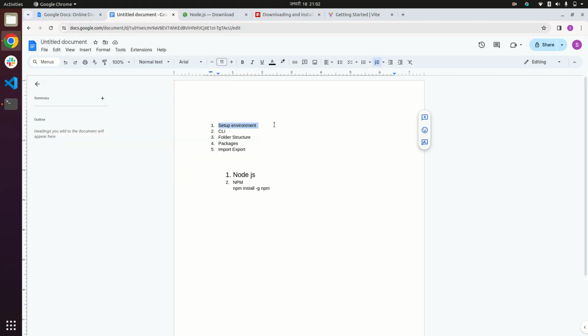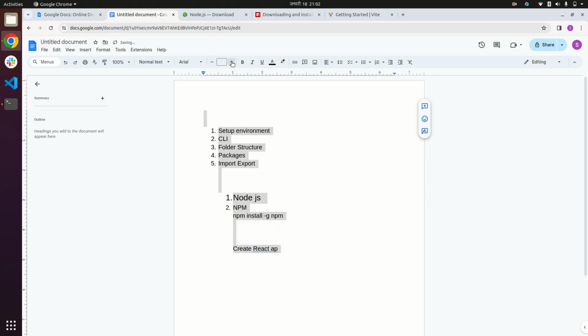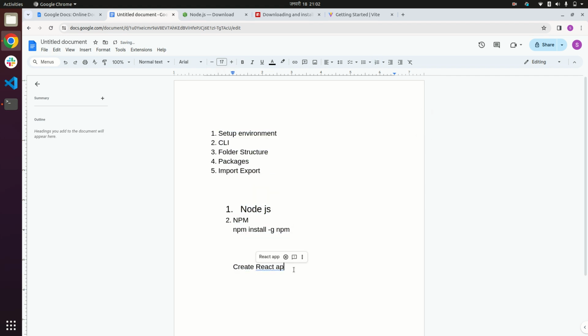After the setup is done, we need to know about the CLI. CLI is a command line interface. We basically have two kinds of CLI for React. One is Create React App, and another is